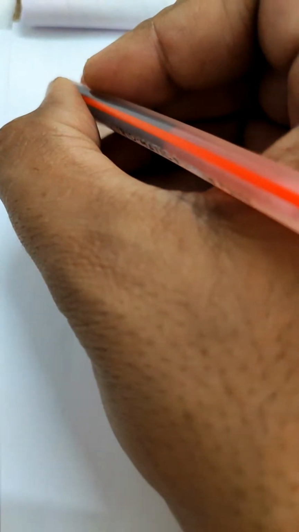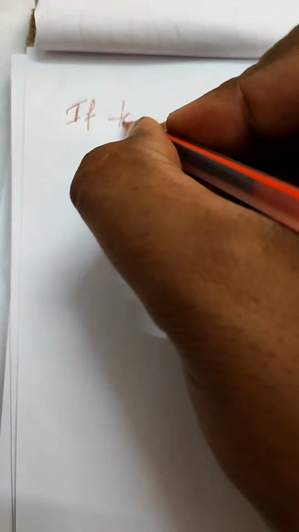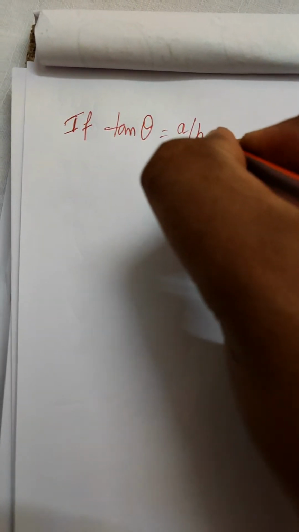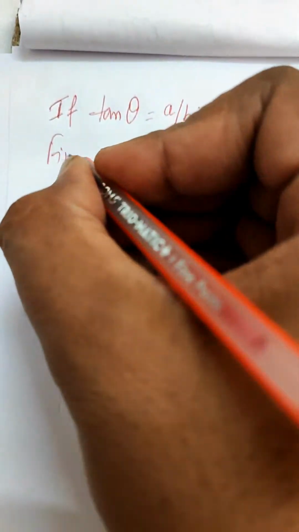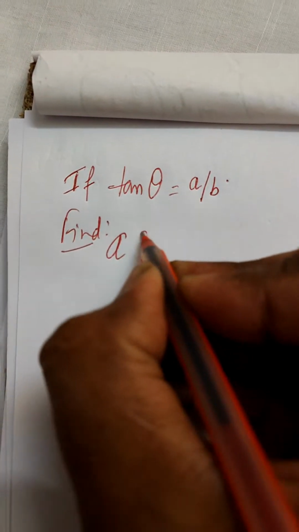and one from quadratic equation. Okay, so let us take the second question first, right? Where it's given that the value of tan theta is given to you as a by b, right? Then we need to find the value of a sine theta